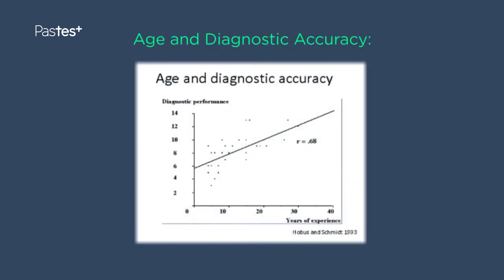This is a slide of many years clinical experience, and although it's never really been produced in terms of undergraduate experience, I think it probably is reproducible. If you look at the axes, it shows that the longer you're in practice, the more cases you see, the more your clinical experience grows and the more your diagnostic accuracy improves. And I think that is the key to being a success at finals and, much more importantly, being a success